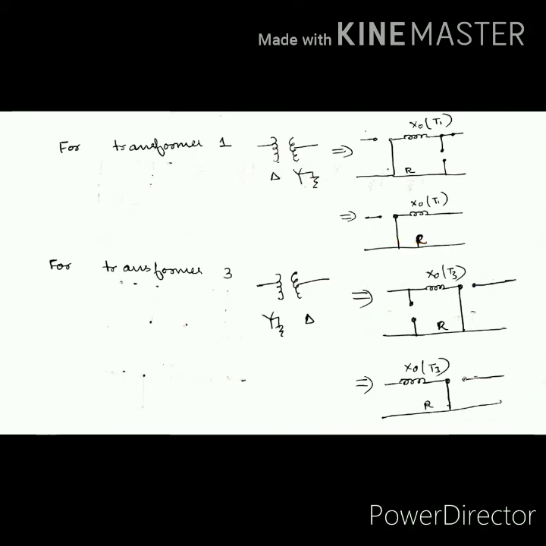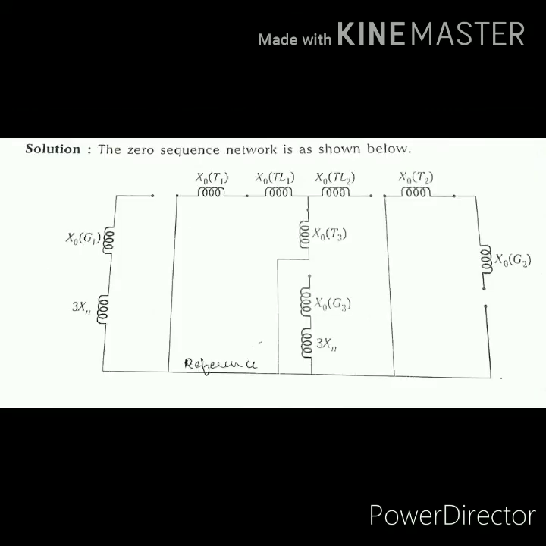This you should know how to draw. And you have to follow the diagram given in the question, and according to that you have to draw the final diagram, zero sequence network diagram. But make sure of one thing, you have to draw in such a way that all the references are there, that should be common. For generator, for transformer, if you have a reference, you have to connect it to the reference itself. So you have to draw in such a form that you connect the reference.